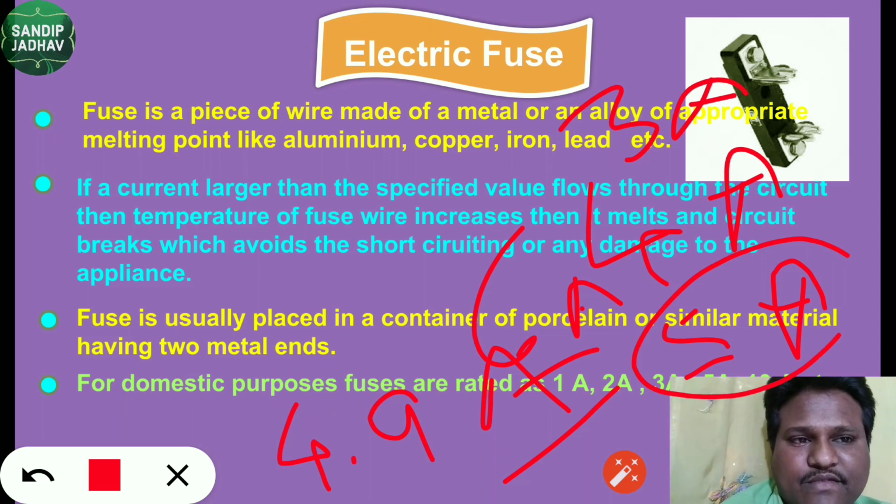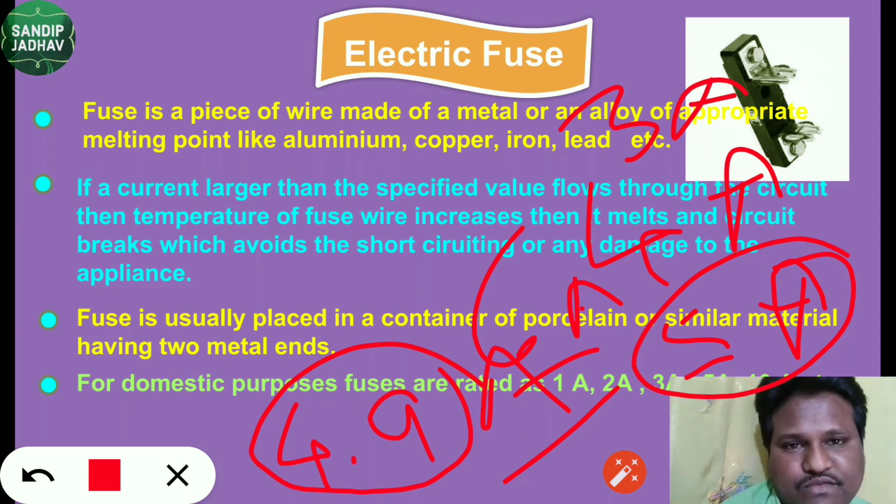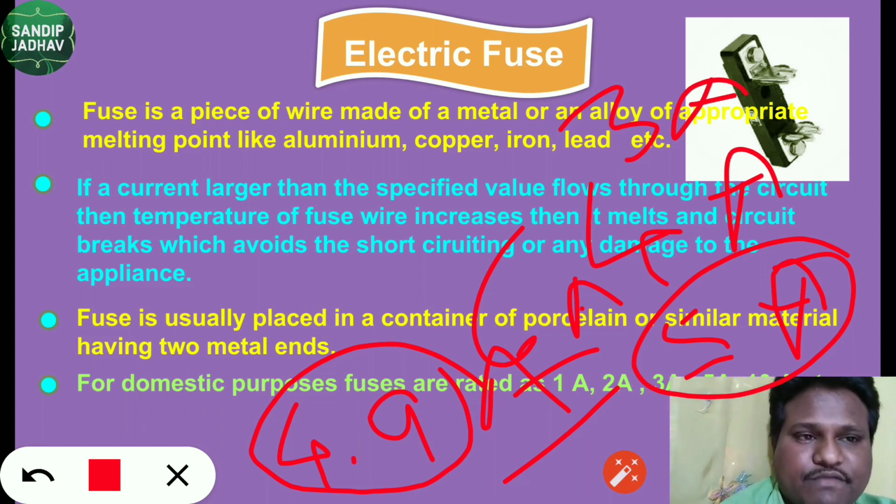So the correct answer is for what? A 5 ampere fuse will be used if current flowing in that particular appliance is 4.9. Why 5 ampere? If current greater than the specified value flows through that particular appliance, then the appliance can be damaged. To avoid this, we use a fuse of capacity 5 ampere, so that if current greater